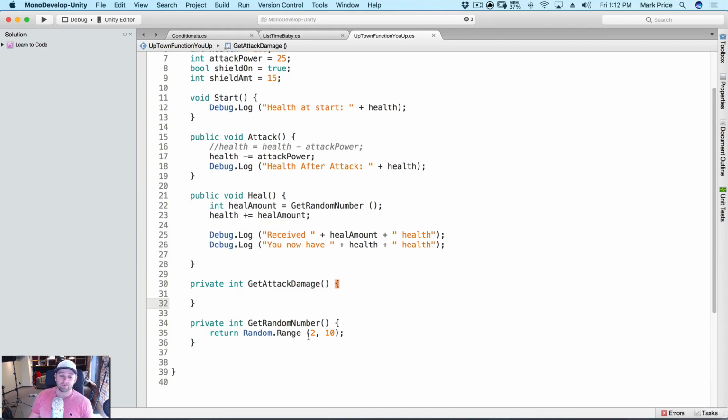Like this get random number. What if I always wanted to be able to get a random range between 2 and 10? Well, if I had just plopped this in the heal function, other classes that need the random range, maybe for damage or things like that, wouldn't be able to use it. That's why we separated it here. So get attack damage. How should we calculate the attack damage? Well, maybe